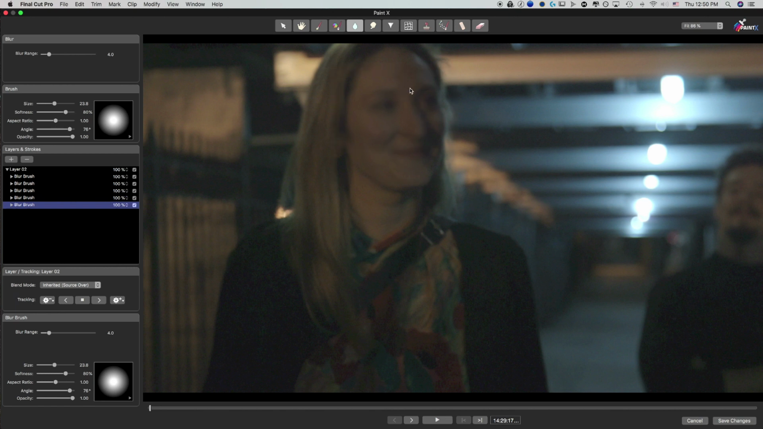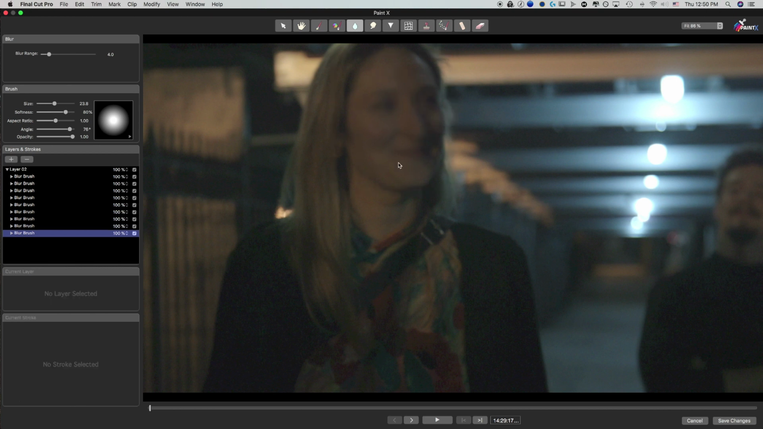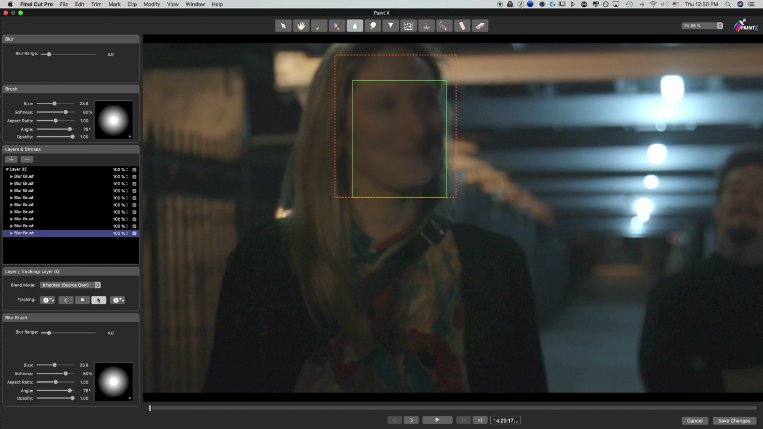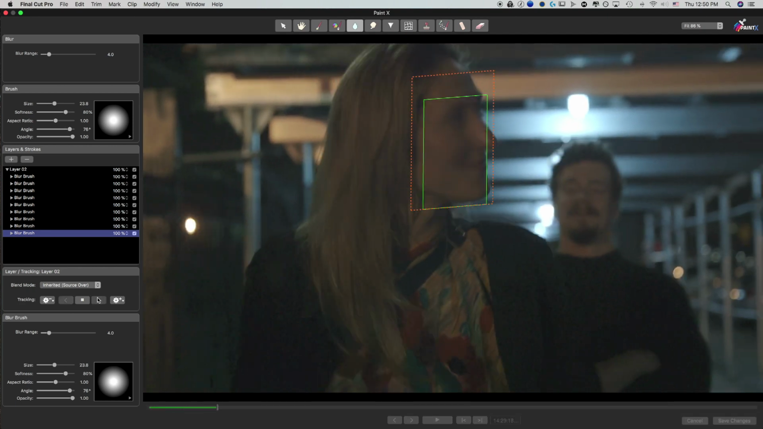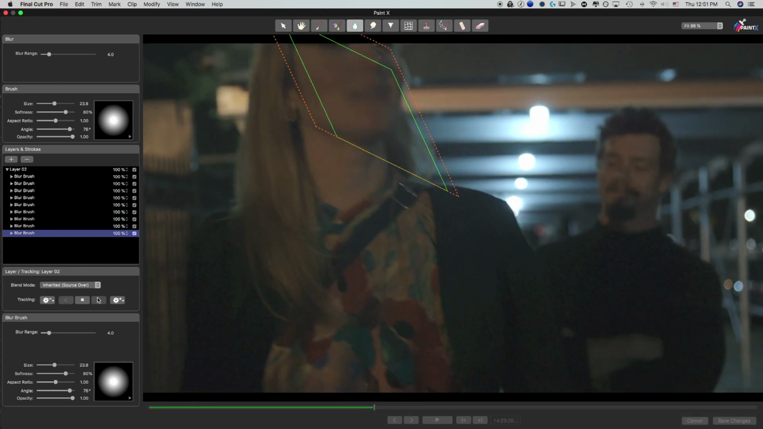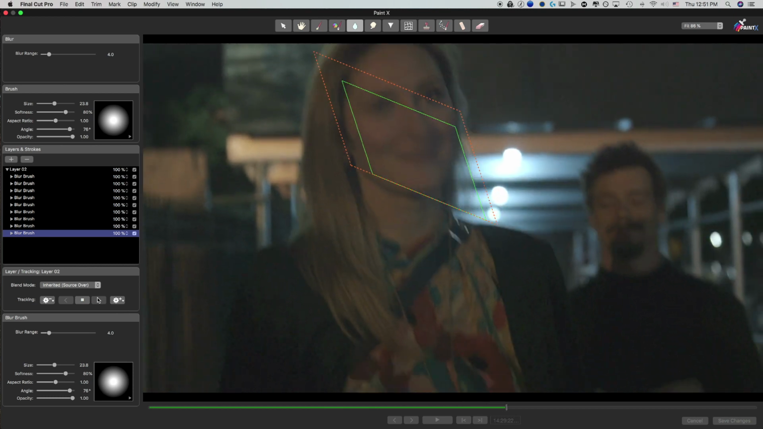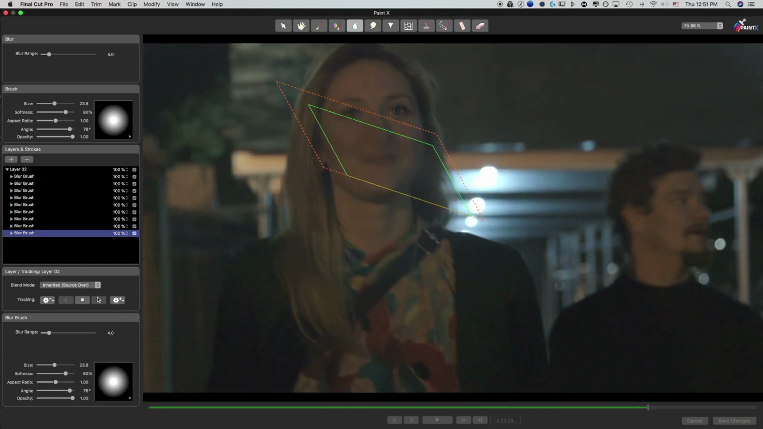This might take a couple different strokes depending on how thick you want the blurriness to be. That's blurry enough, I think. Let's go ahead and hit the track button. And again, I have gone ahead and sped this track up in post, but it didn't take too long in